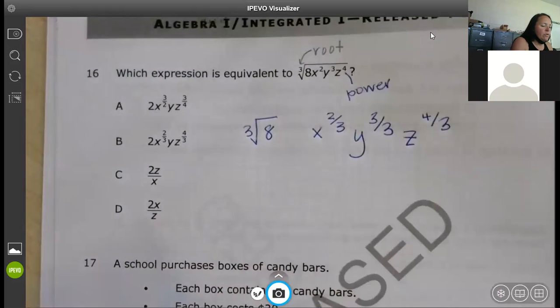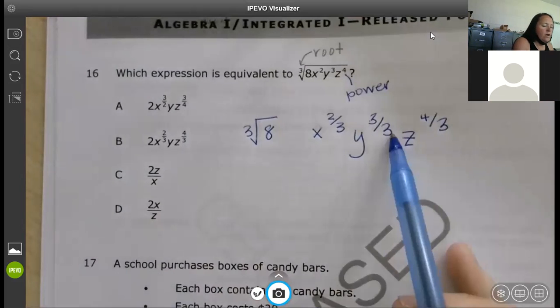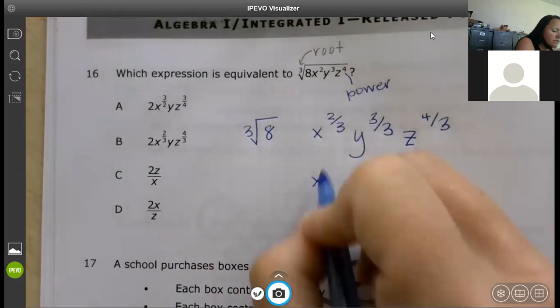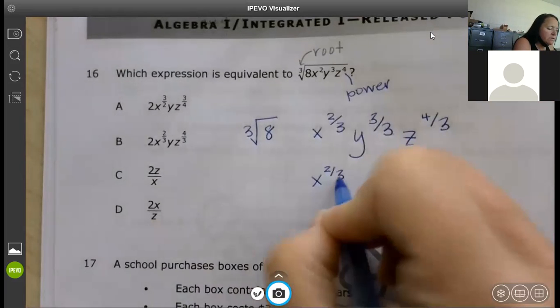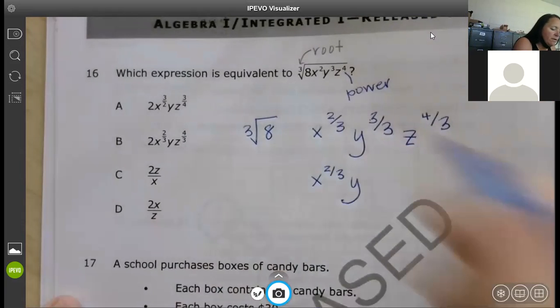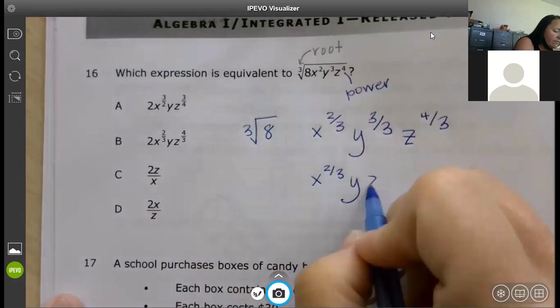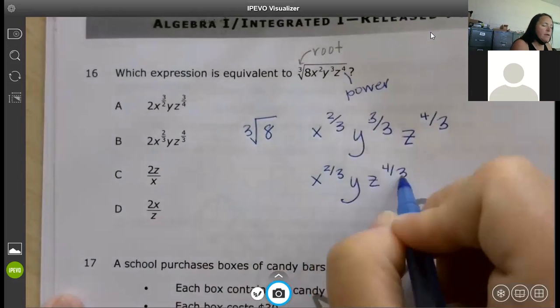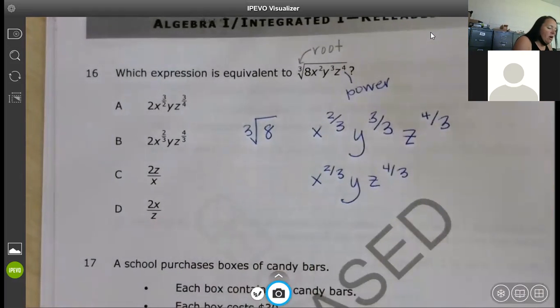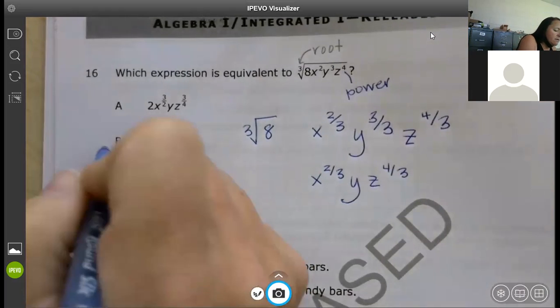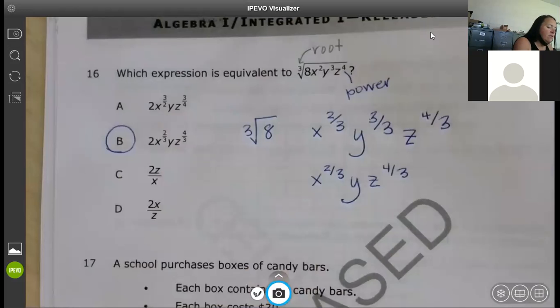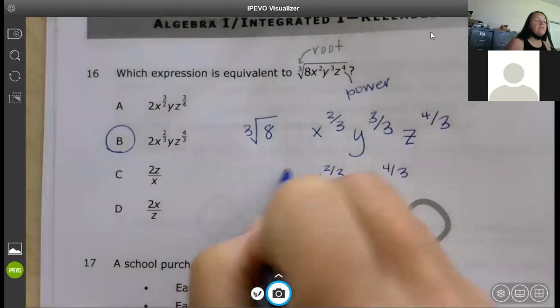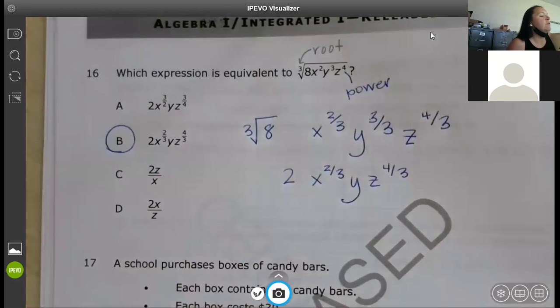What is 3 over 3? 1. So we should have x to the 2/3. Y, you can put the 1, but they don't have the 1. And then you have z to the 4/3. Okay. We can already see that our answer is going to be B. The cube root of 8 is 2. And you can put that in your calculator, if you have a regular calculator,